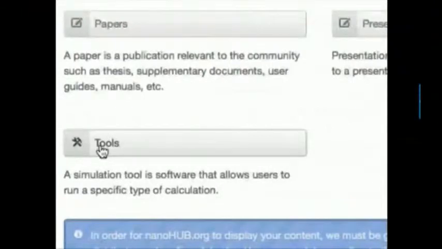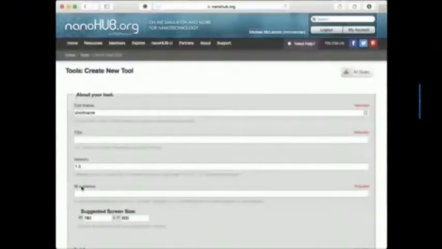If they click Get Started, then it asks them what they want to upload. Is it a seminar or a paper or, in this case, a tool? So they filled out the form for a tool. Just give it a short name, who's on the team, whether or not it's open source, and all of that. Filling out this form creates a project area and a Subversion source code repository that you can work in and work on your tool.